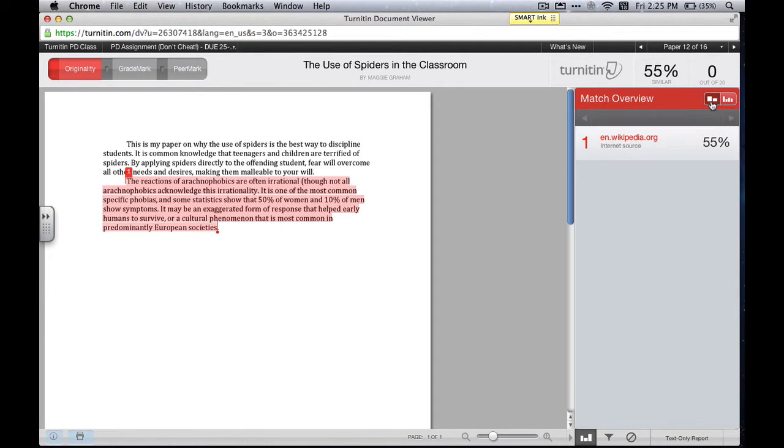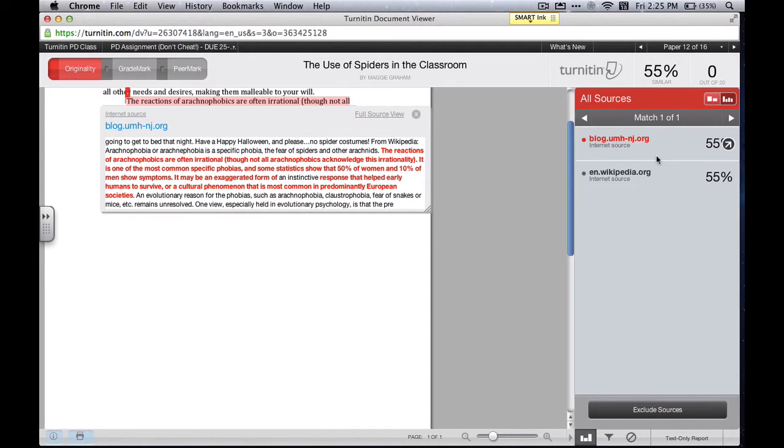The one thing I've noticed here is that in the match overview, it shows that it comes from Wikipedia. Over here, it shows you that it actually comes from 2 sources, and I believe it's really that you've got the same text from those 2 sources. It's the sources from the Wikipedia. Okay, so it's showing you not only that it was taken from Wikipedia, but that Wikipedia took some of that from this other source.